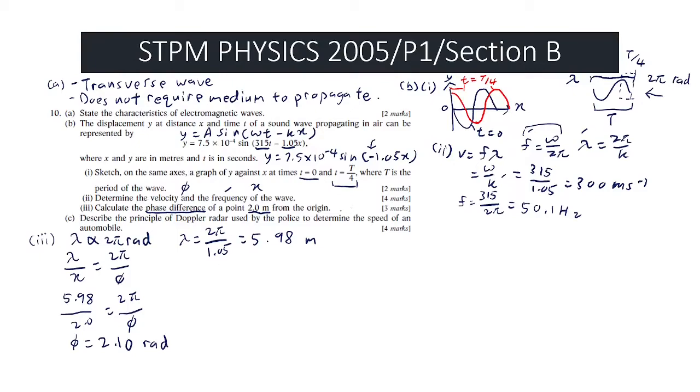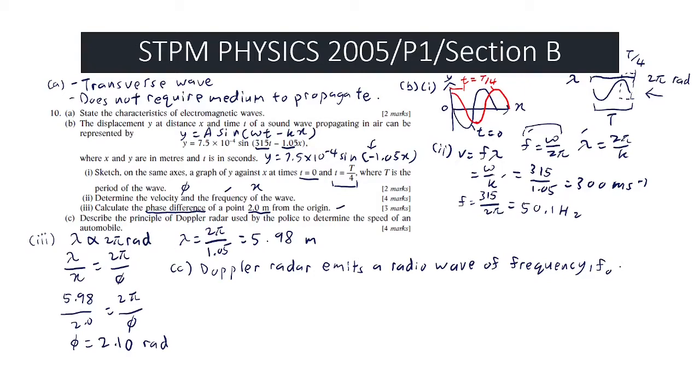Now, we're done for this B3, and now describe the principle of the Doppler radar used by the police to determine the speed of an automobile. So first thing is that the Doppler radar emits a radio wave of frequency